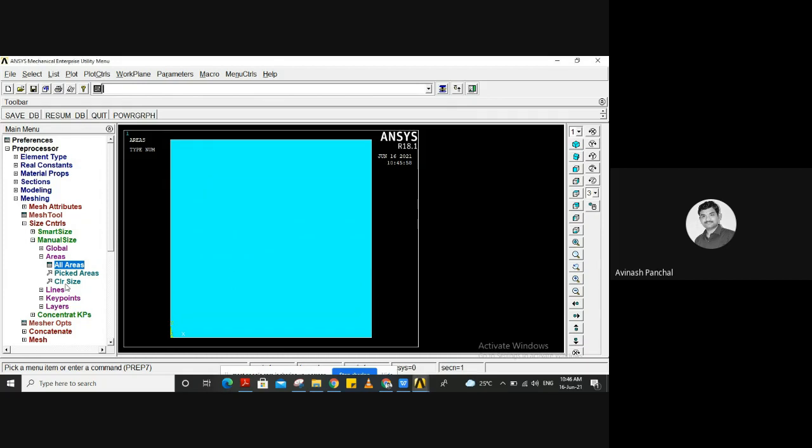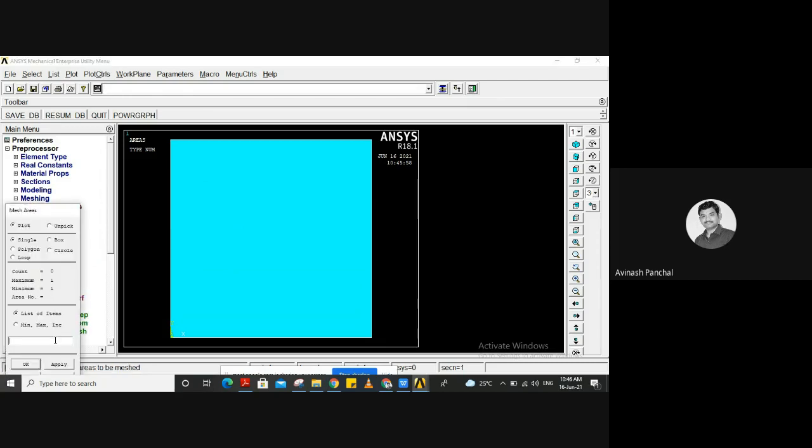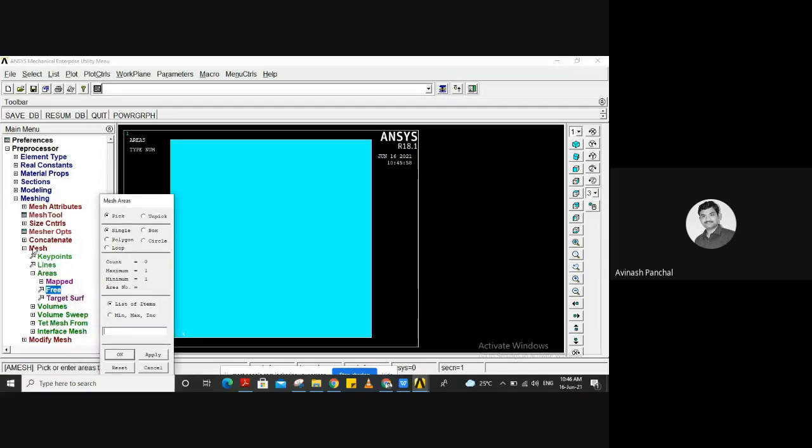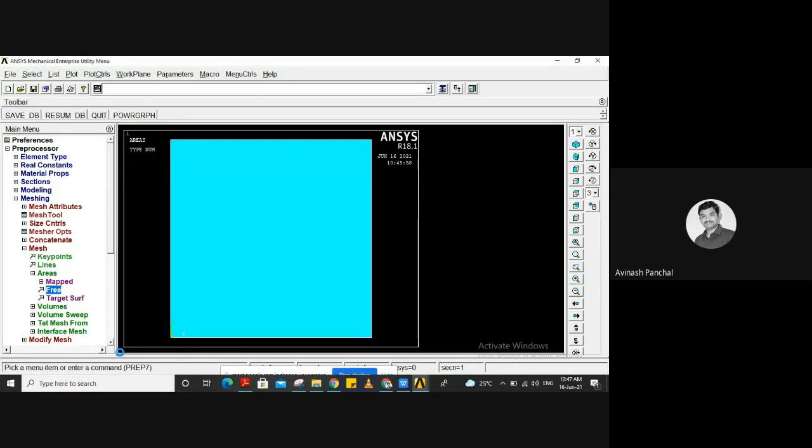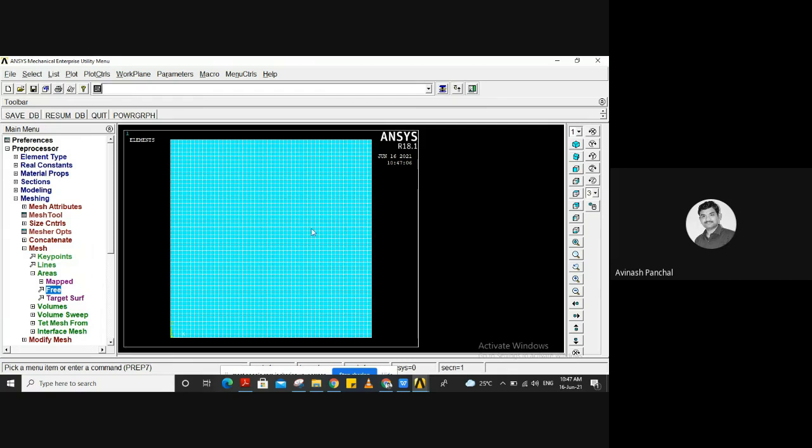Click on OK. So let us see what size it will have. If it is very fine, then we will change that again. Just go to mesh, areas, free areas. Click here and click on OK. So it is very fine meshing we have got.